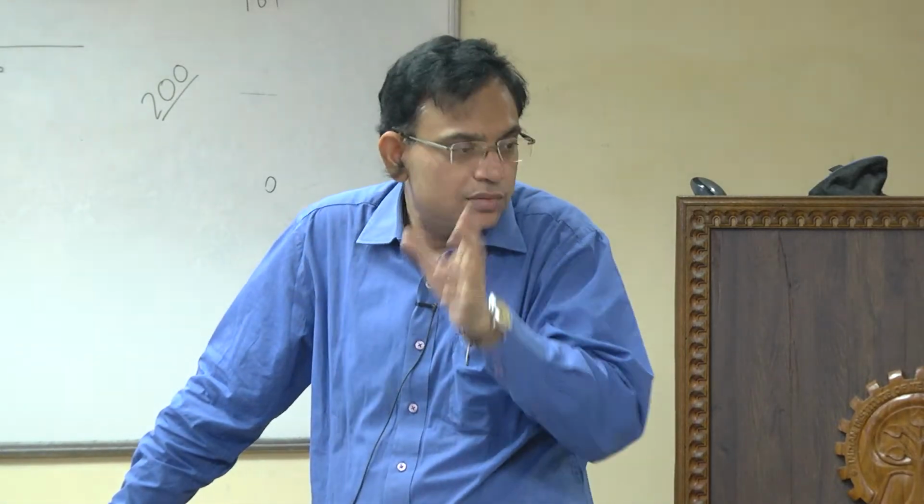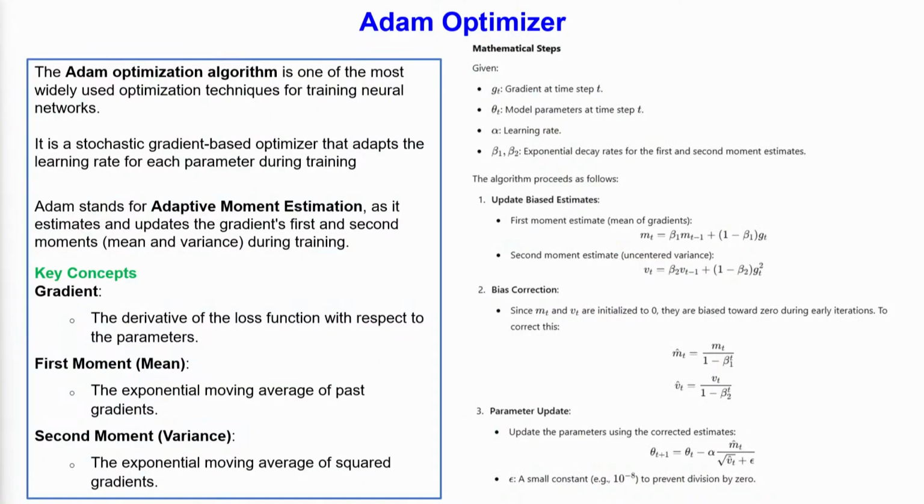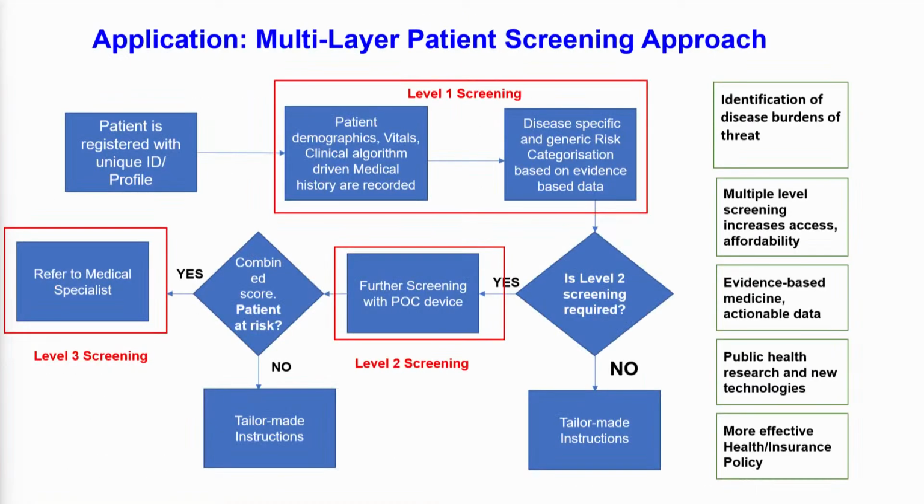So, you have a gradient, which is the derivative of the loss function with respect to those parameters, the first moment which is the mean, the exponential moving average, and the second moment which is the exponential moving average of the squared gradients. The exponential moving average has a standard statistical expression to calculate, and I have put those expressions there. Not that you have to be a master of that, but at least, as I told you, it is good to know what is there instead of just taking it as a black box. So, now we come to maybe 2-3 final examples which I will just browse through